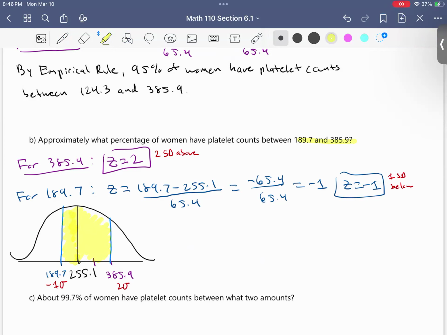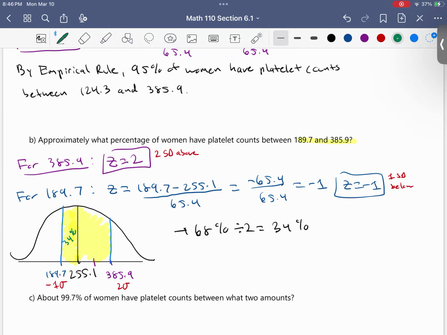Since 189.7 is 1 standard deviation below, I'm going to cut that in half. So 68% divided by 2 is going to be 34%. So right here is going to be 34%. And likewise, since 385.9 is 2 above,